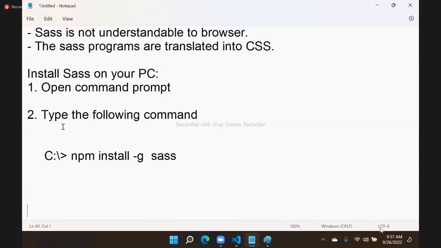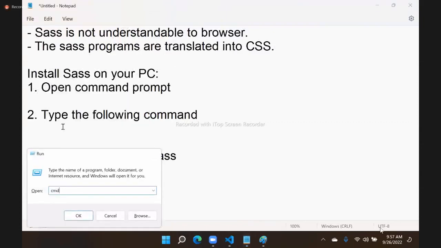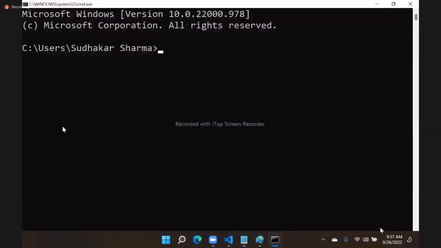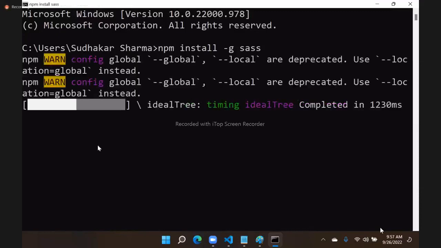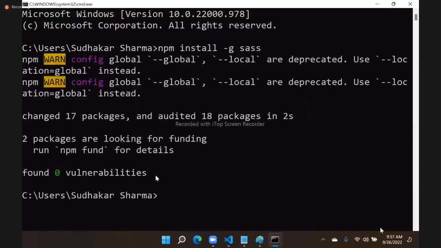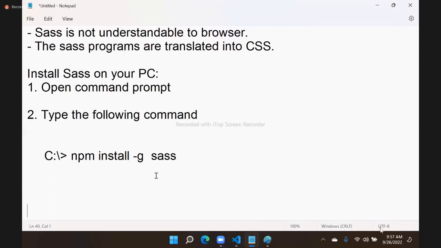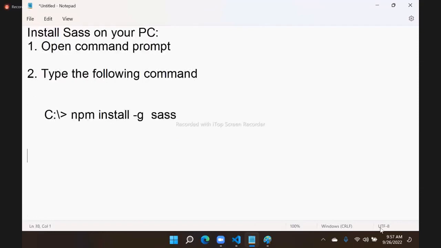What do we do? Open the command prompt. In the command prompt, npm install -g sass. So it will download and install SAS for us. So done. Once SAS is globally installed, close this now. You can use it in any project. For that, this is installed, finished. Next,